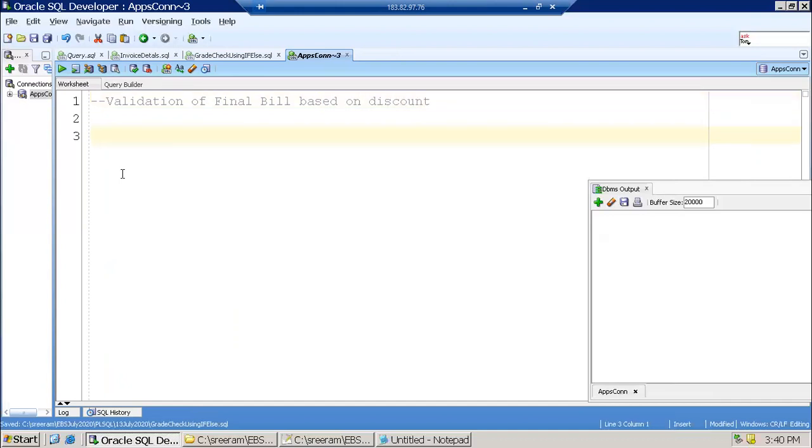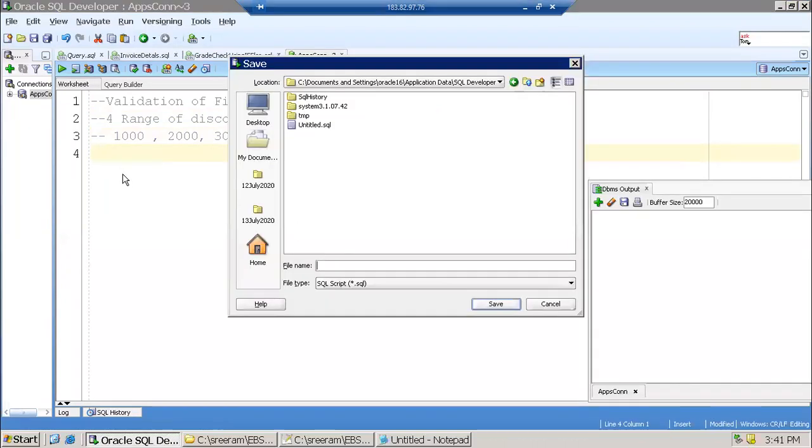Assume that there are 4 ranges of discounts: 1000 slab, 2000 slab, 3000, 4000, and above 4000. Now we want to calculate the discount for a particular sales order invoice.